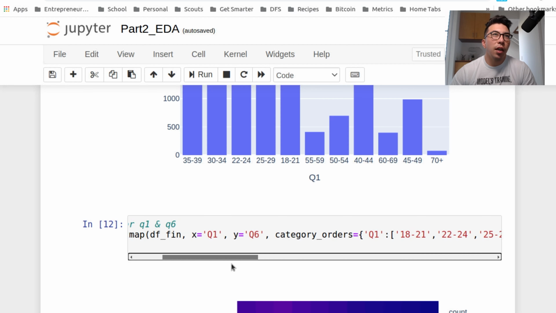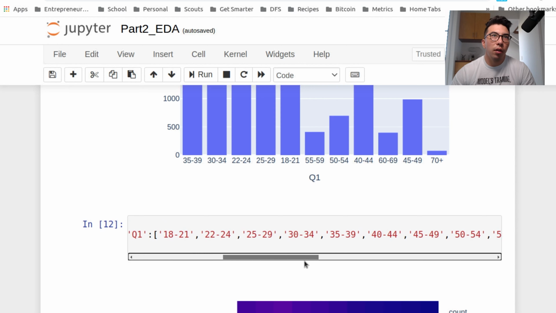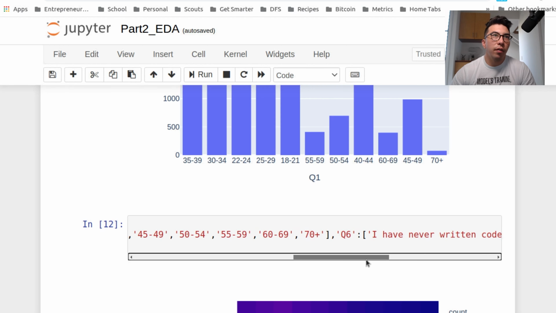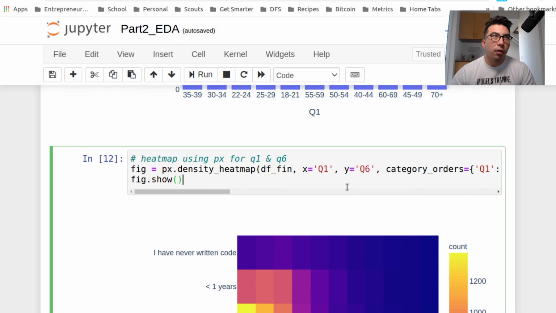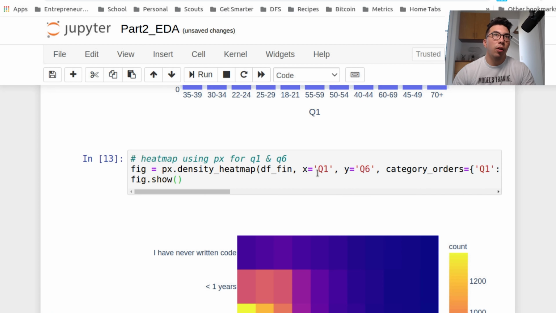So from some of the documentation I looked at, I could just put a dictionary and the order that I wanted things to be in. So for each of the axes, I put them in the exact order that I wanted, and it ended up turning out like this. So just to walk you through my whole process there, what I most likely did was